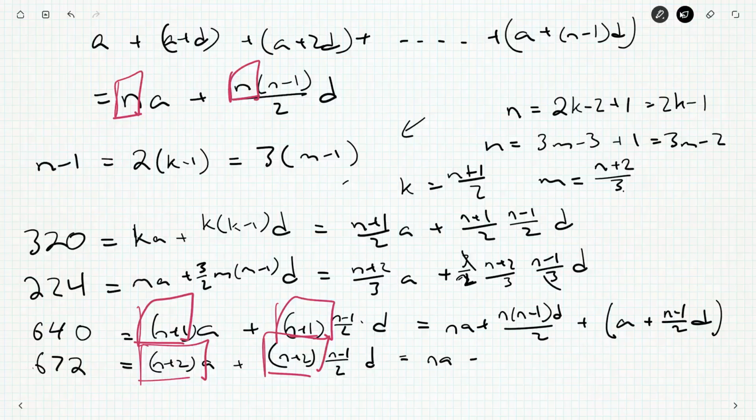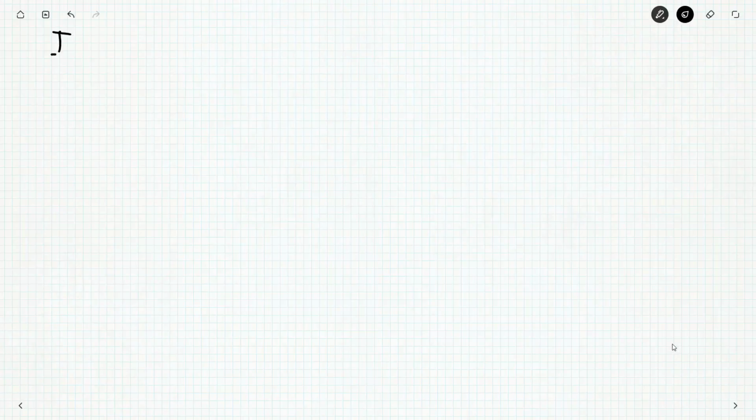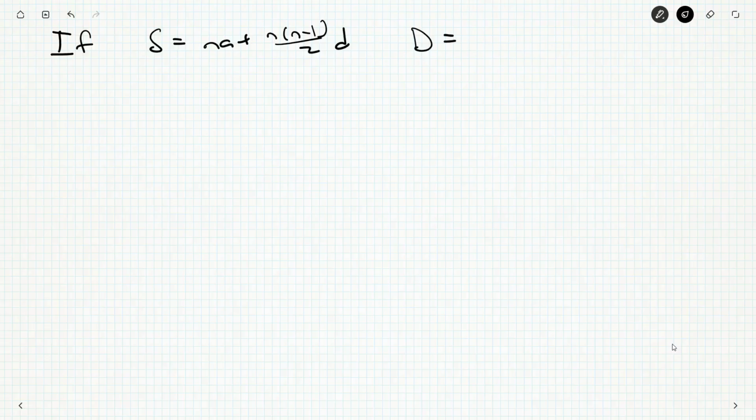And this is the sum we want plus 2 additional a's plus 2 additional n minus 1 over 2 d's. So, if I say S is na plus n minus 1 over 2 d, and I don't know, capital D is a plus n minus 1 over 2 d,